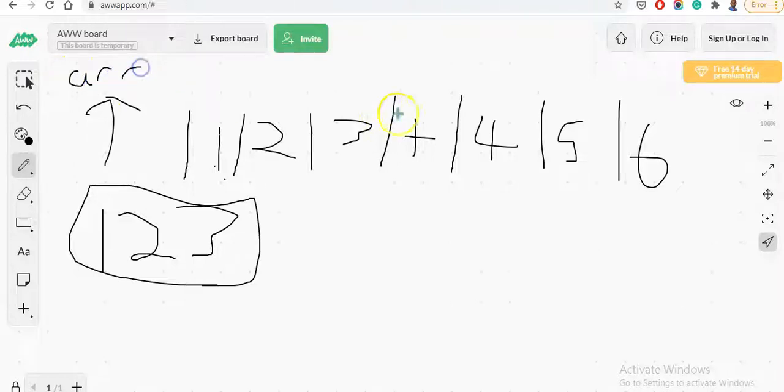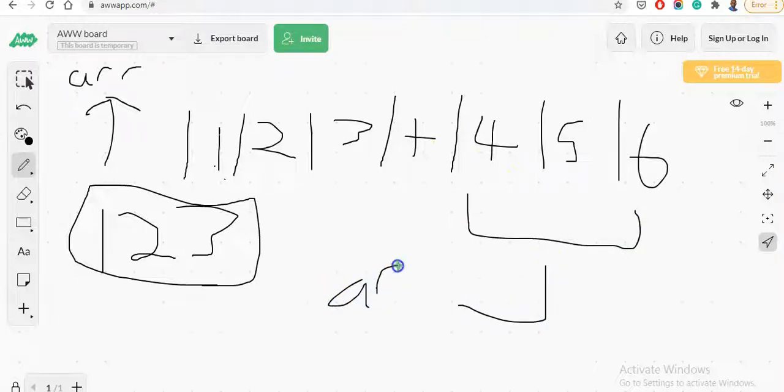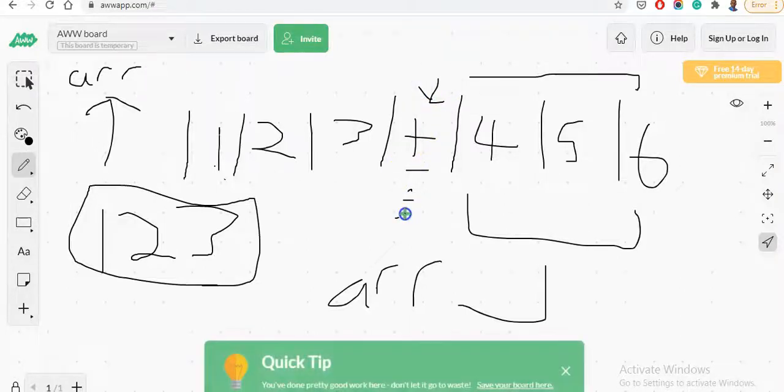Alright? And then we continue. So 4, 5, 6. And we say, oh, look at that. This goes into our array as well, because we actually have a number. Alright, so that's how we figure it out exactly, or that's how we differentiate between what is a single number, what is a whole number, and what is just a symbol, whether it's plus or minus or divide or